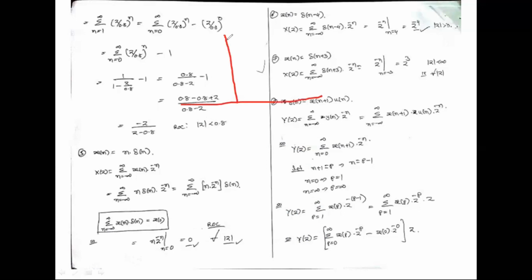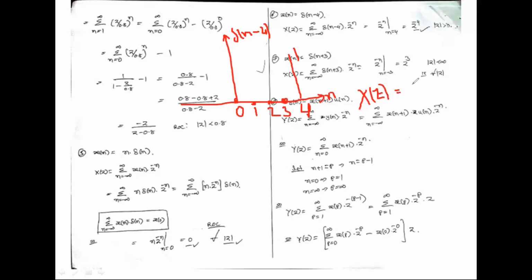So delta of n minus 4 is shifting towards the right side by 4 samples. So now at 0, 1, 2, 3, all values are 0 because it is shifted towards the right, and at n equal to 4, the value is 1. Okay. Now, in the definition of X of z,